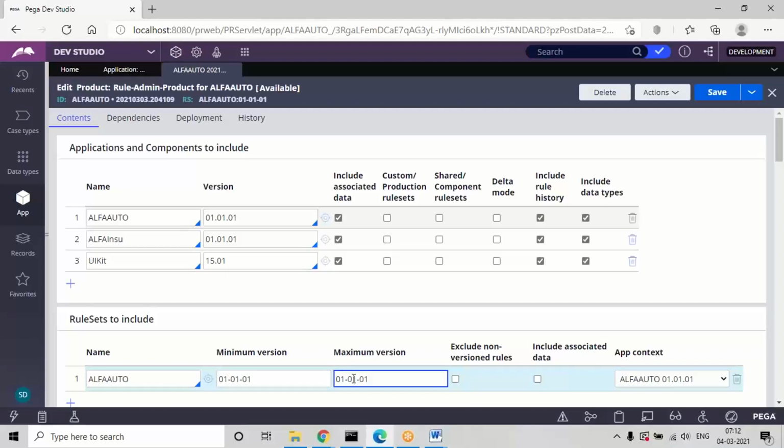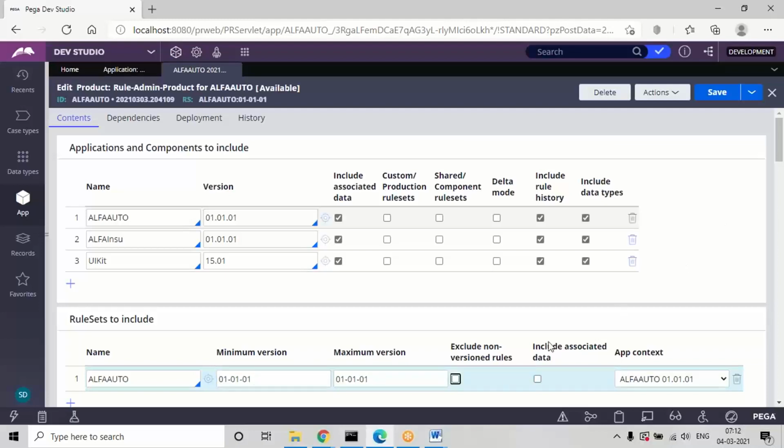But in your system, in real time, whenever there is a deployment they are going to create a new version. That you'll understand in the next session. As of now, this is the maximum version, and the minimum version is the same.